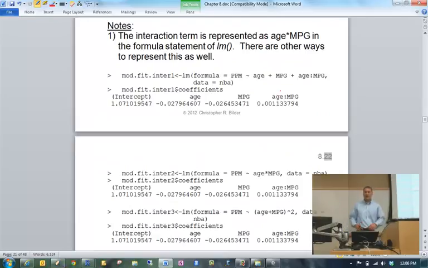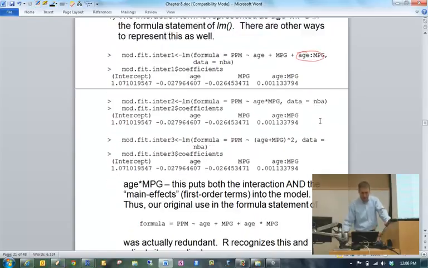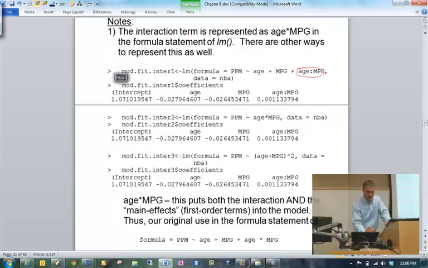Okay, let's talk about some coding in R to get these interactions in our formula argument. What we've talked about so far is that we can use this colon in a formula argument to say, I want an interaction. But there's other ways you can get the model that we're interested in. You just got to get used to the syntax. This can be especially confusing if you're coming from a different software package than R.